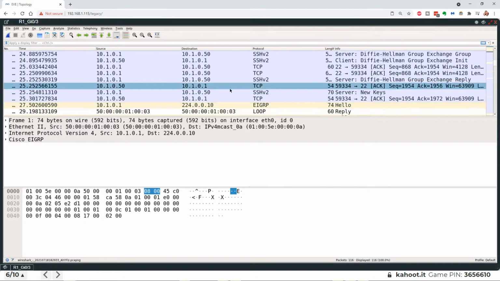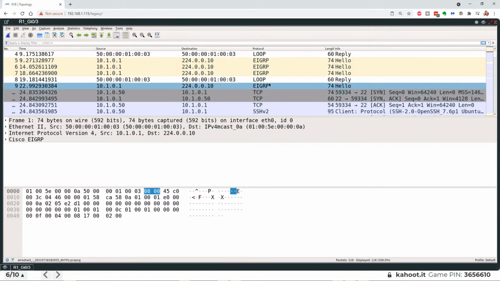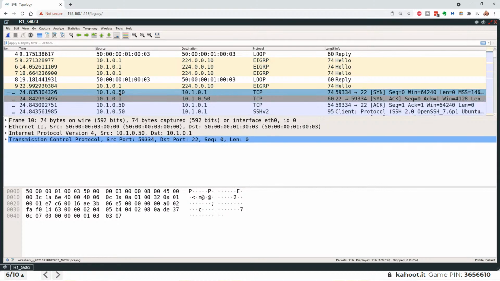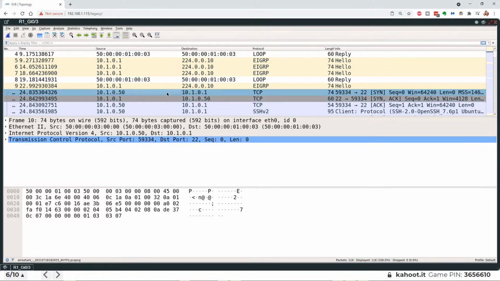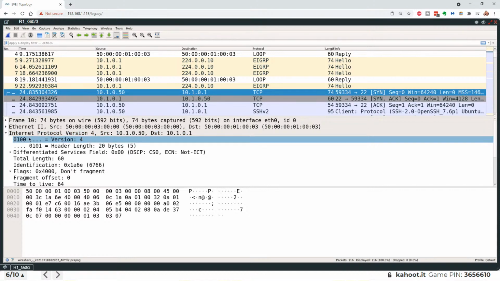Let's grab an SSH session. Here we go. Here's the beginning. There's our three-way handshake right here. So I'm just looking at the SYN flags over here. SYN, SYN-ACK, and ACK. So here's our SYN request as part of the three-way handshake for the beginning of our SSH session. So we click on that packet there, and we look at layer 3.